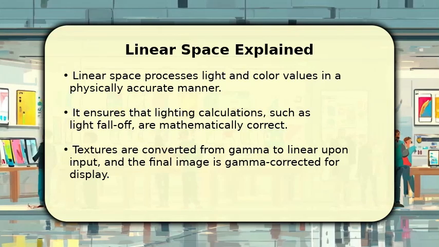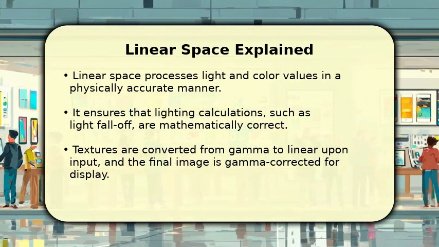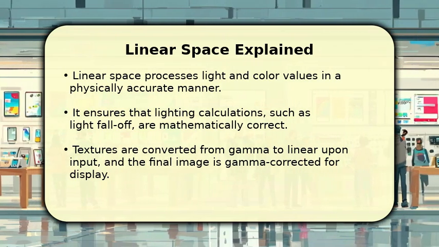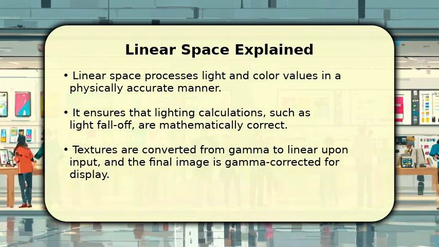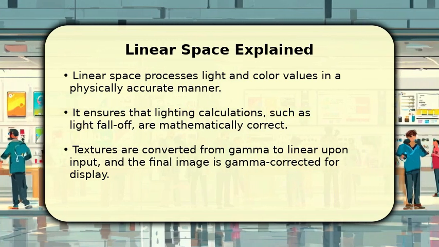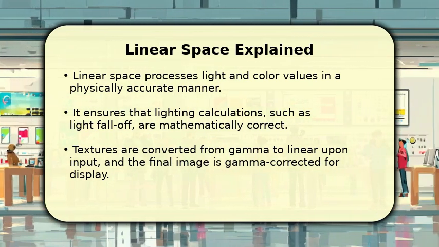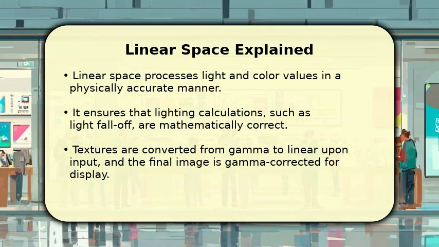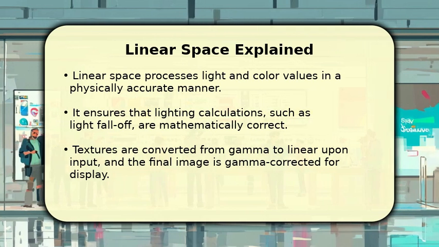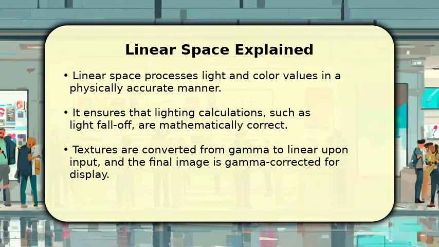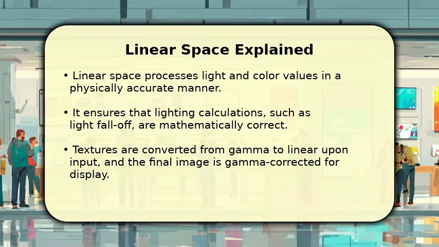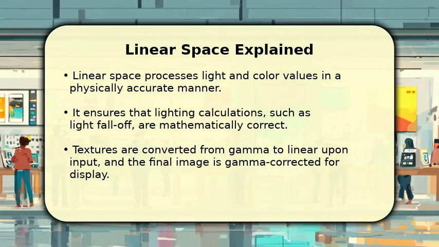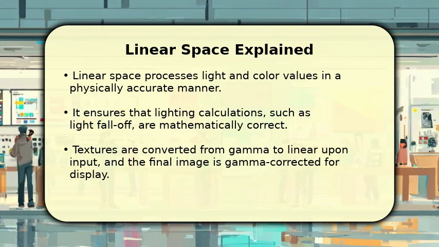Linear space, conversely, treats color values as direct representations of light intensity, enabling physically accurate lighting calculations. When you enable linear rendering, input textures, typically stored in gamma space, are automatically converted to linear for processing. All lighting and shading operations then occur in this linear space, ensuring light fall-off and blending are mathematically correct. Before the final image is sent to your display, it undergoes a gamma correction step, ensuring it appears correctly